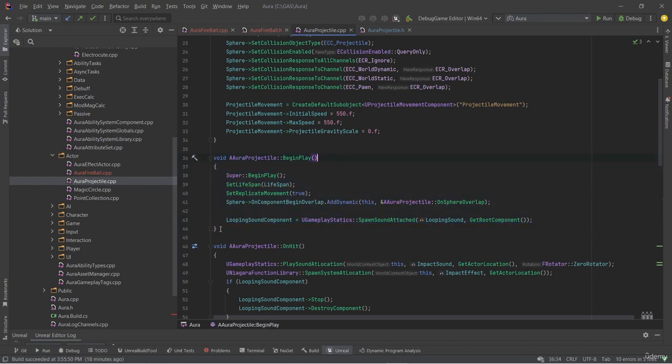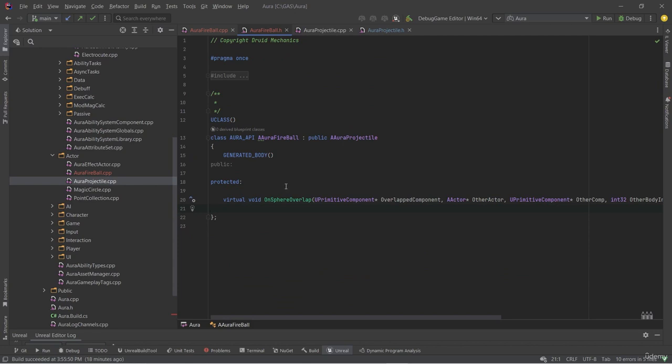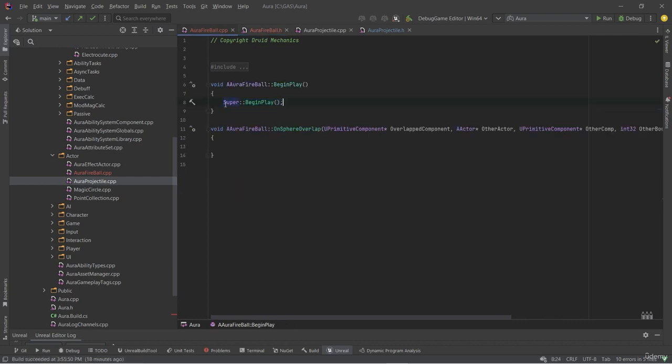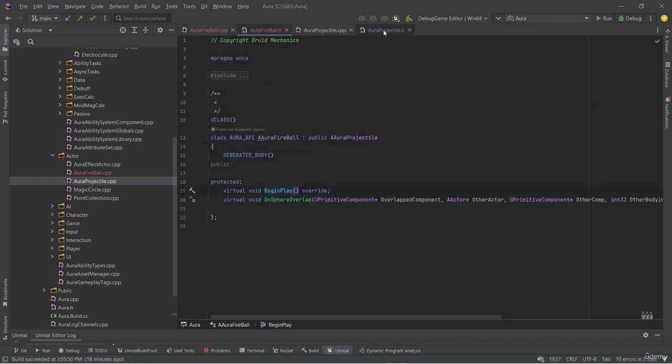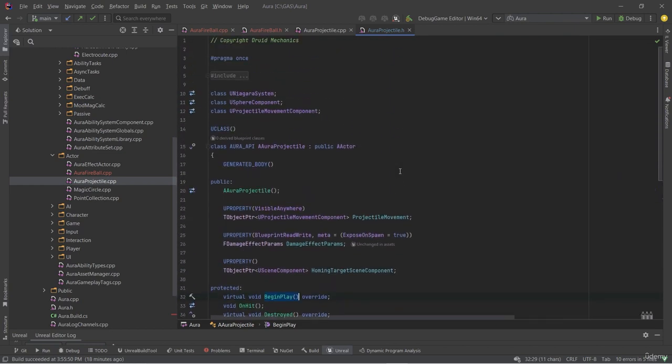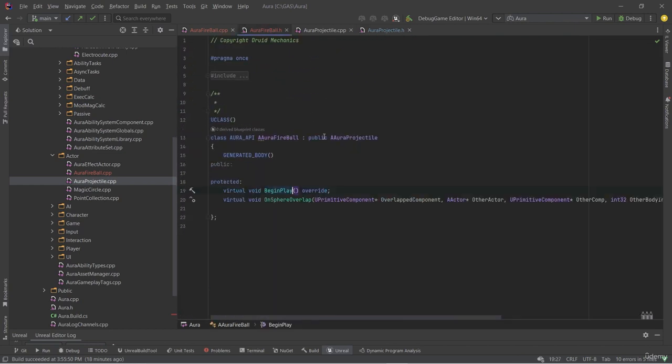We're going to want our own functionality in addition to this, but we also want to call this functionality. So I'm going to override begin play, virtual void BeginPlay override, and I'm going to generate a definition and keep my call to super. So we do want super in begin play. We don't want super in on sphere overlap. Okay, so we have quite a few things here. What we can do now is we can create a blueprint based on this, but I'd also like to go